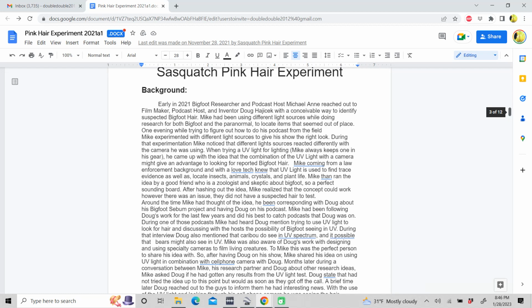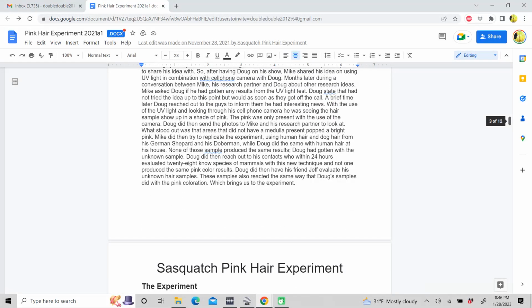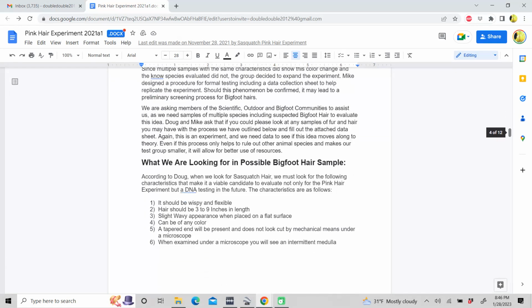Long story short, they decided to put this together, and what had happened is they had a suspected Bigfoot hair, I guess, or whatever, and it got looked at under a cell phone, under a microscope slide, the whole nine yards, using the UV light. And when they did that, there was a pink luminescence about the hair. Obviously there's other criteria that you would look for in a hair, but there was this pink luminescence with the hair. So they got together and came up with the experiment and how this could be